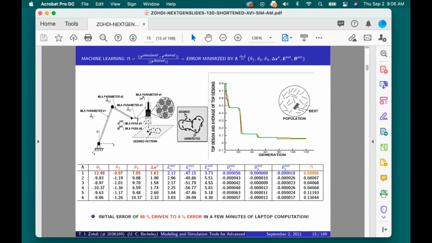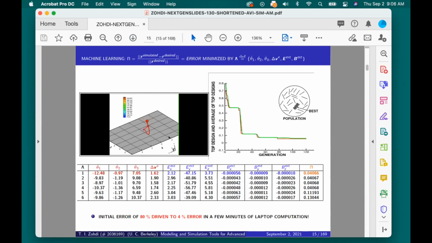We run the robot over and over again, asking it to create this figure 8. First possible guess, the robot goes wild, sprays the material everywhere. It's not going to get anywhere close. The curves here on the green and the red indicate